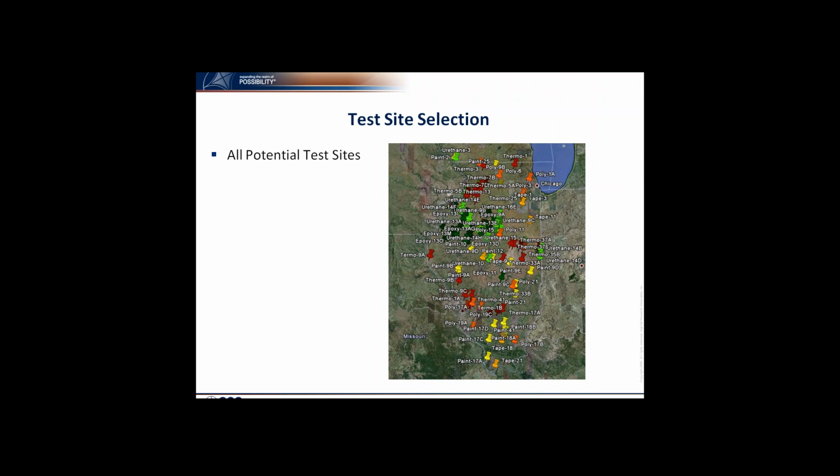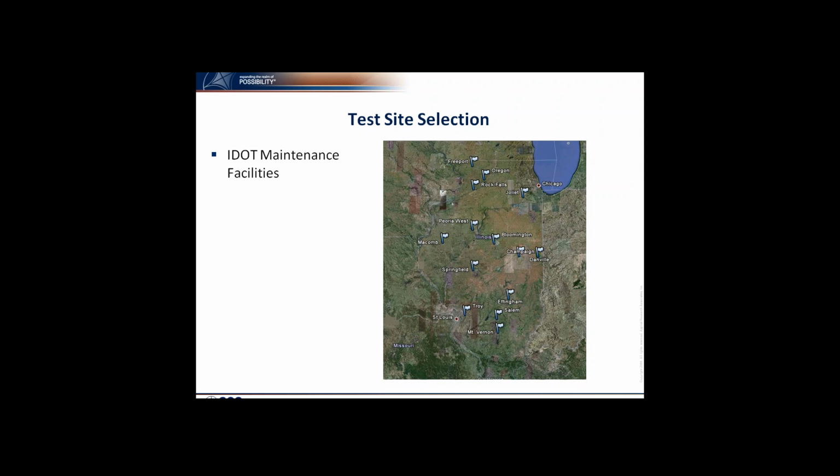So now we identified those. Now we had to think about the logistics. What's actually practical to go test? And we didn't need the redundancy of some of these that had all the same criteria. So we